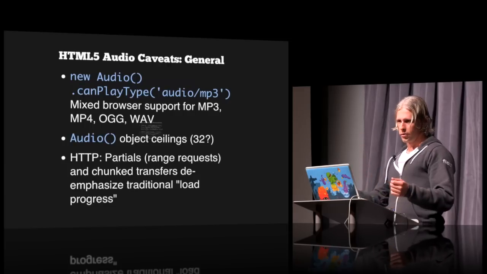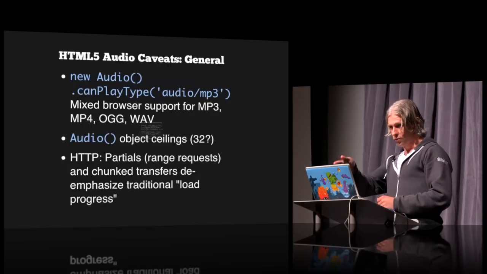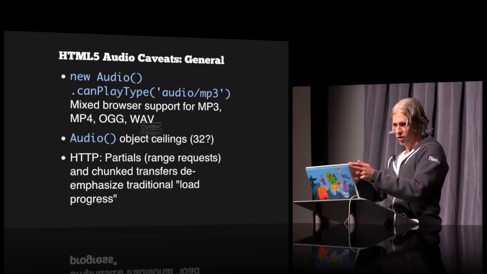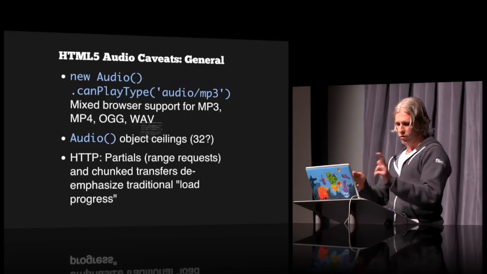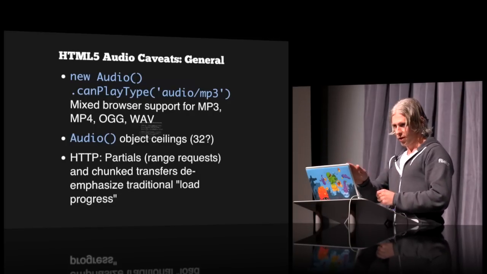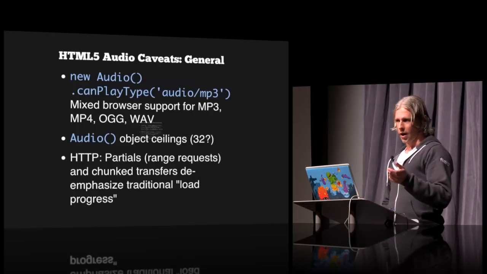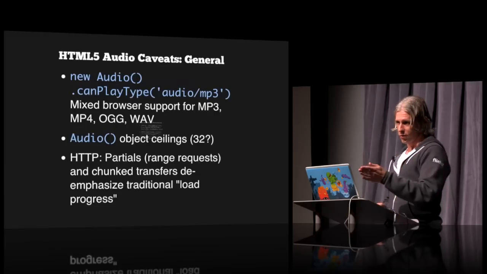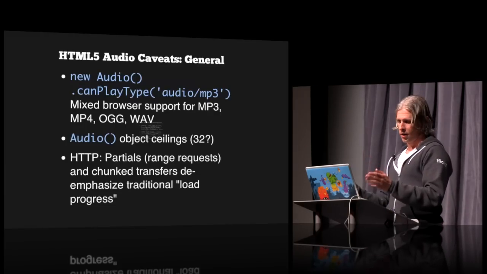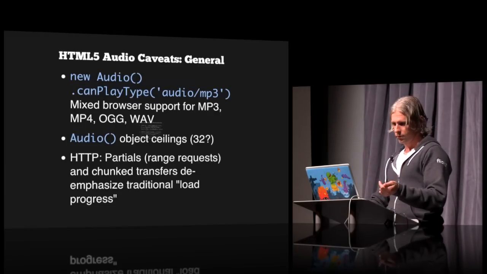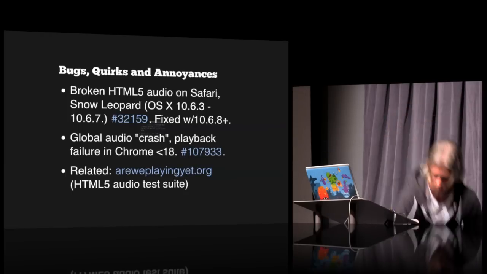Another interesting thing to consider is that you can also make range requests and partials. It's kind of like you're on YouTube. You can instantly skip halfway into a video. You don't have to load sequentially to be able to seek to a point. Drop the connection, pick up from 50% of the way, and go from there. That de-emphasizes the traditional load progress we're used to, where you have a 10 meg file, you're 3 megs of the way in, and you know you've got 7 left. This throws that out because it's not sequential anymore.